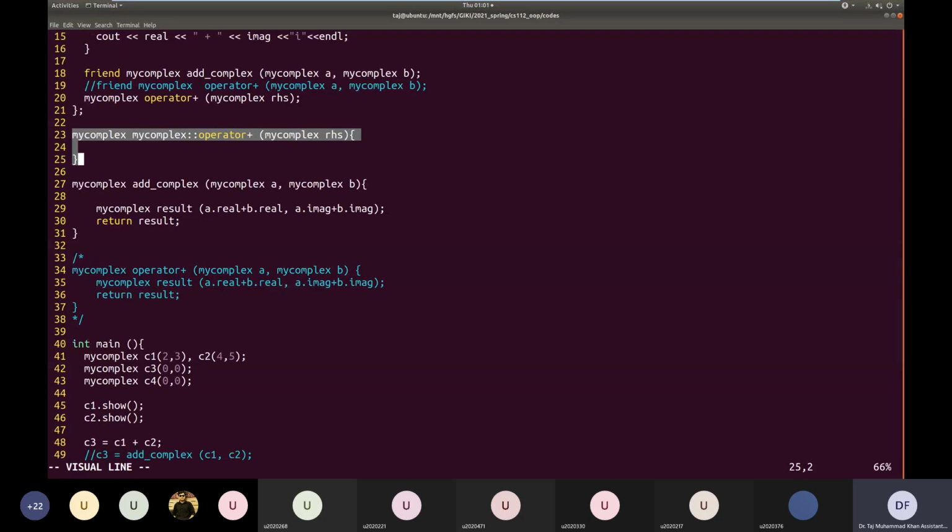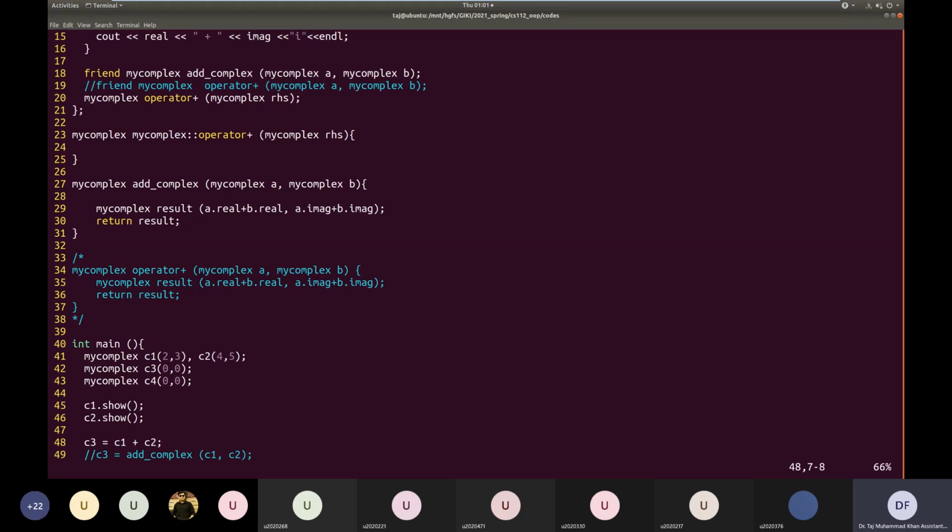And this implementation is taking only one argument. So the compiler will see that, okay, this is part of the class MyComplex, and it will call this function, operator plus, for the left-hand operand. You know a member function has to be called through an object.